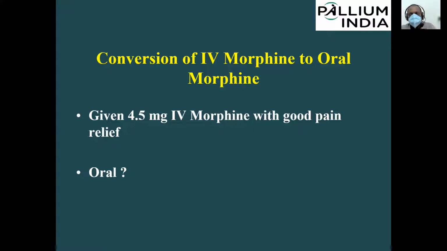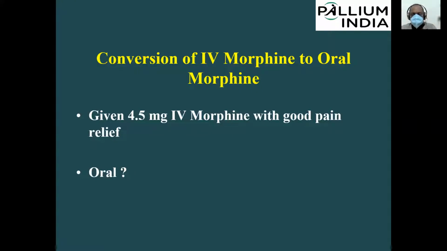Do you understand the difference? If the patient was on continuous IV morphine for a day, then we would have multiplied by 3. But here, the patient has received IV morphine only for a few minutes or at the maximum 1 hour. So the conversion factor 3 is not applicable here. We will convert the IV morphine to oral morphine. So 4.5 milligram of IV morphine is equivalent to 4.5 milligram of oral morphine. But from a practical point of view, we don't have 4.5 milligram of oral tablet or capsule. So capsules of 5 milligram may be available at some places, and 10 milligram oral morphine tablet is also available. So we can convert it into 5 milligram.